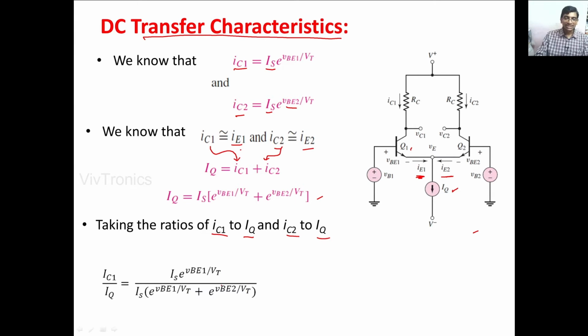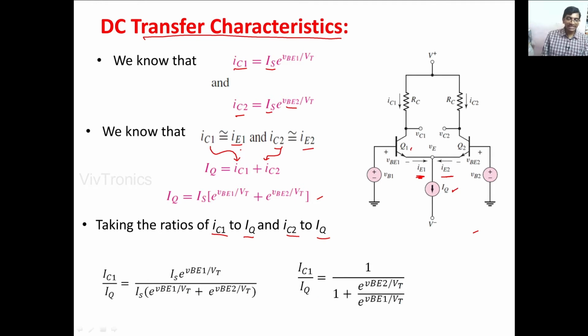In this ratio, we can divide the numerator and denominator with Is into e power VBE1 by Vt. Then the equation will be equal to 1 divided by,